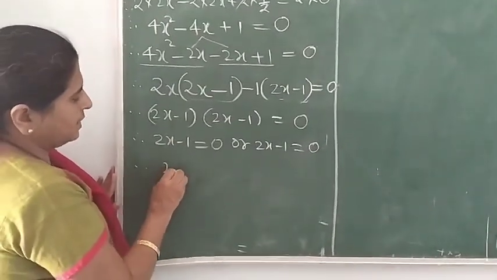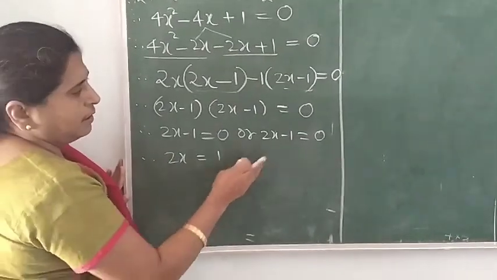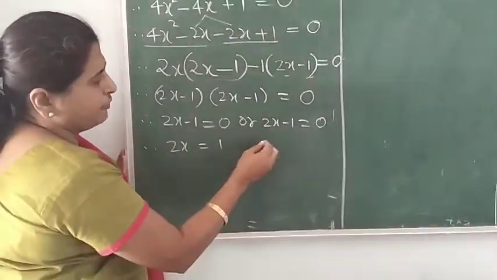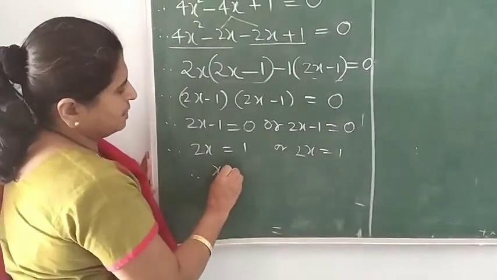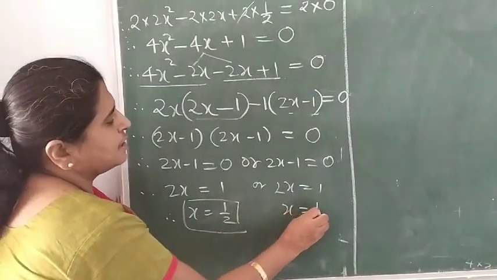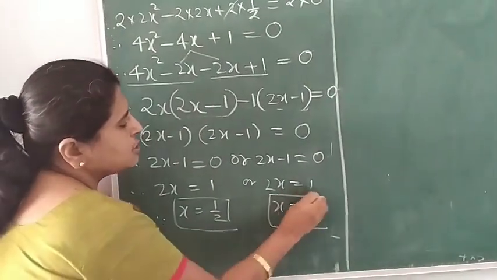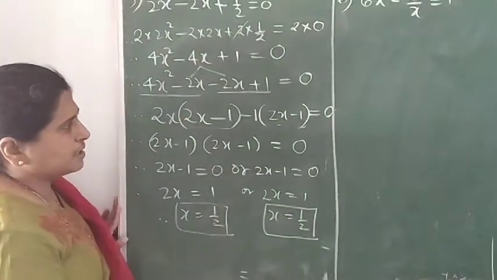So you can say that if 2x - 1 is 0, then 2x is equal to 1. Okay. You need not copy, or if you copy also here, you will get the same, equal to 1. So x is equal to 1/2. And here also you got the same, x is equal to 1/2. So if you observe, we get the same value in both situations. Why?